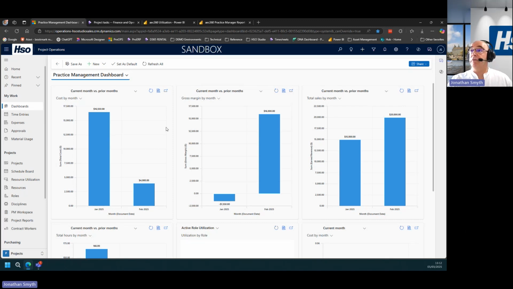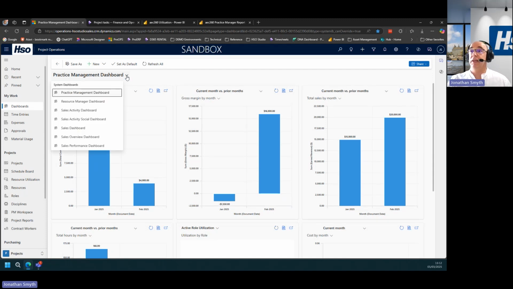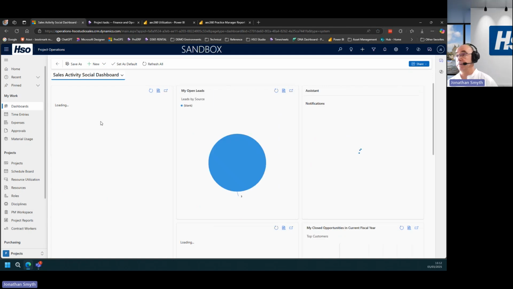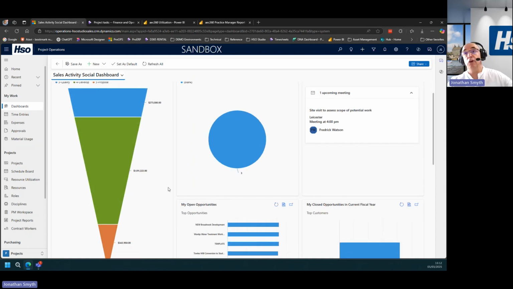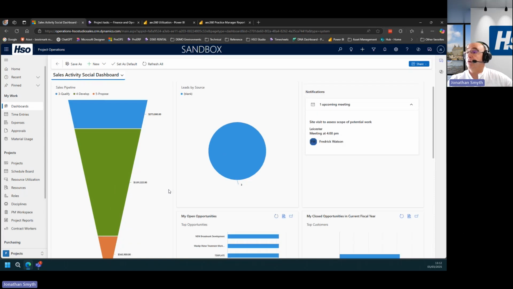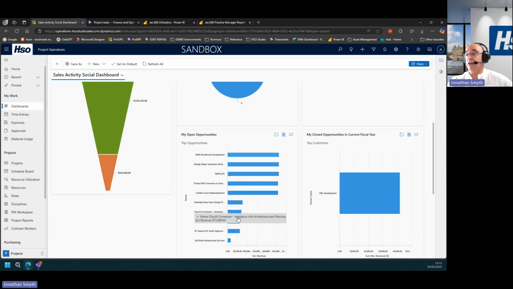Of course, you can have a variety of different dashboards within Dynamics 365, and I just simply have to hit the drop down here and perhaps specify the sales activity dashboard. And what we should see just once this has finished loading is the traditional pipeline funnel that shows me all of the various different opportunities that I'm working on. We've got my open opportunities just here, so all of the various different lines of business that I'm looking to try and close to add value to the business and of course bolster that order book.